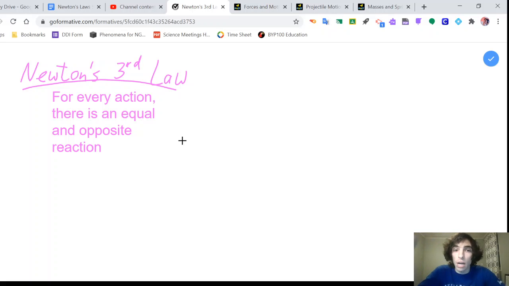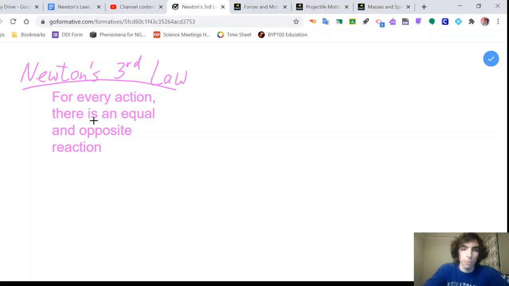Even though in a lot of the examples that we draw, or the problems that we solve, we might only draw one free body diagram, or just look at one of the forces in an action-reaction force pair, which we'll look at in a second, every single force in the entire universe obeys Newton's third law. There's not a force that exists that does not have some equal